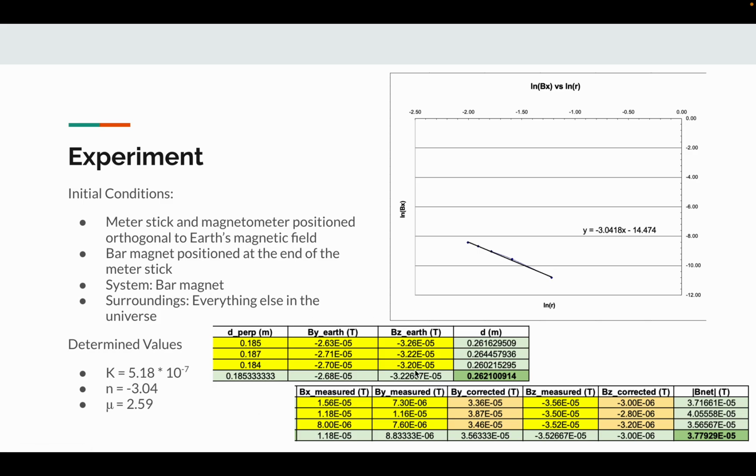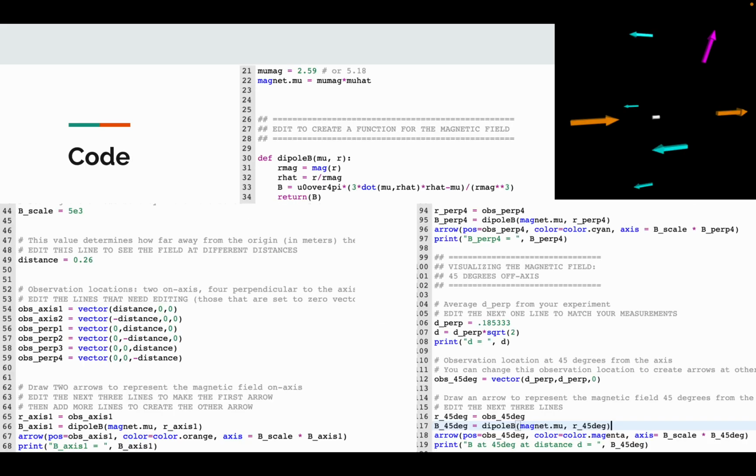And then these were the values that were found for the 45-degree angle measurements. Now in my code, I used my mu value from the previous slide here,